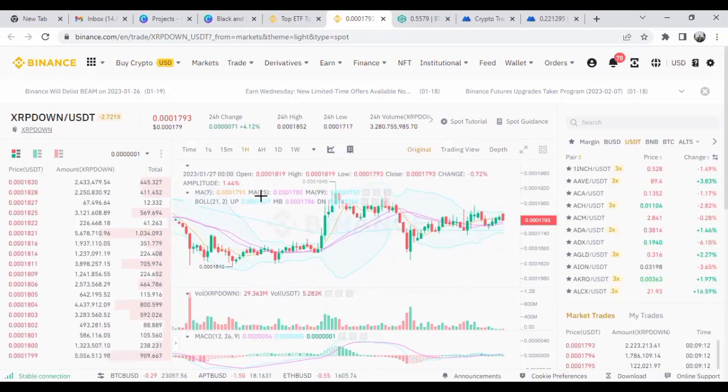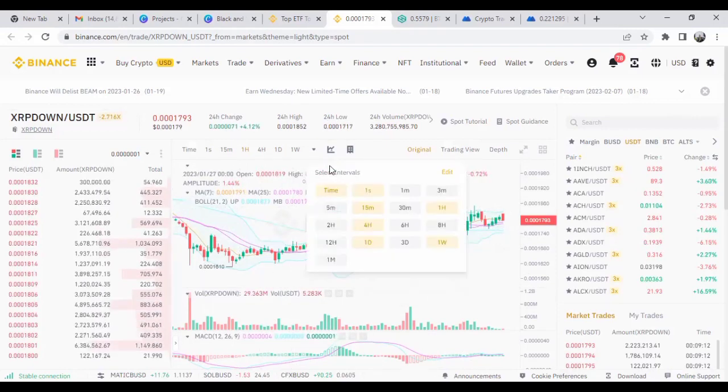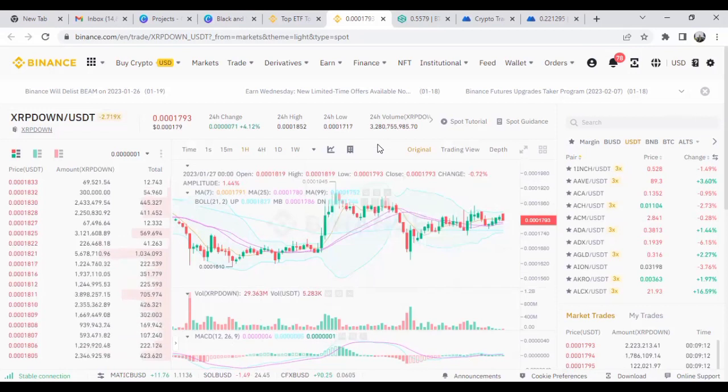I have MA20, MA50, MA200, but I've not set them on this particular exchange because I seldom use the web version to trade. Sometimes it's just my phone I prefer to use to trade because it's easier for me. But when I really do want to trade, sometimes I then open the web version and edit all these things, then go back to edit it again. I edit it based on what I need to do. So don't mind what you're seeing here on the screen. Just know that you need to use market indicators for understanding how to enter trades because you're trading. So it's very important that you put that in consideration.